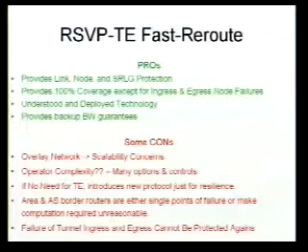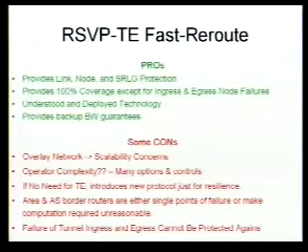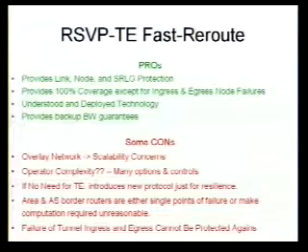The pros of using RSVP-TE and RSVP-based Fast-Reroute is that we know we can achieve link, node, and shared resource link group protection. It's been designed and built over many years now to provide just that. We know that we can provide 100% coverage except for ingress and egress node failures. And that's probably one of the most important places in a network design that IP Fast-Reroute has a place. We know that it's a well understood and deployed technology today. Most folks who are using MPLS are using it, in fact, with Fast-Reroute techniques turned on. And we know that it provides bandwidth guarantees, which, I'll state now, IP Fast-Reroute cannot do.